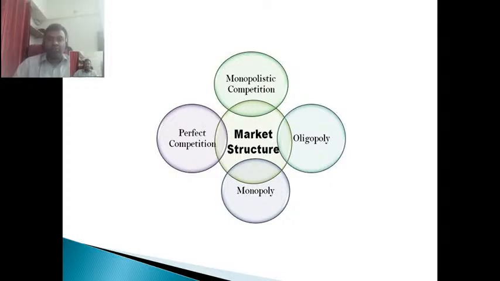Then there is monopolistic competition. In monopolistic competition, there are so many buyers, but the products are not identical. They are identical as well as they have some differences. Okay, what do you mean by identical as well as differences? Say